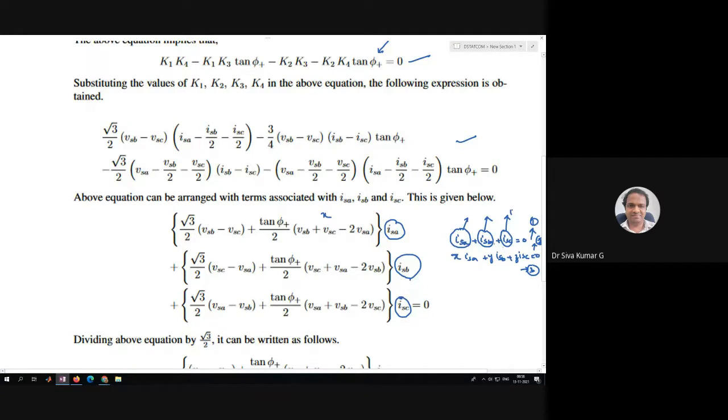our objectives in the sense the compensator objectives. We are evaluating the source currents. One objective which we have taken is that the source currents are balanced, that is ISA plus ISB plus ISC is 0. The other objective is the load power factor. We are fixing a desired power factor.